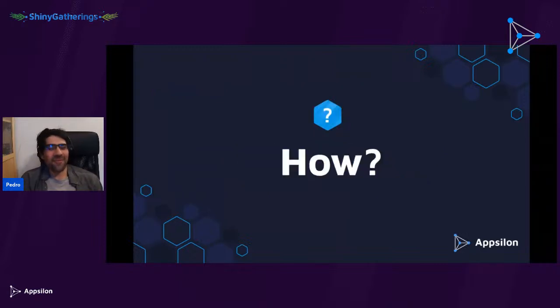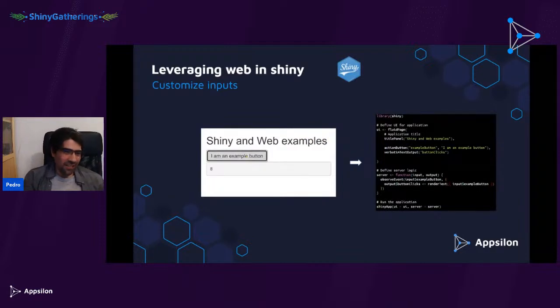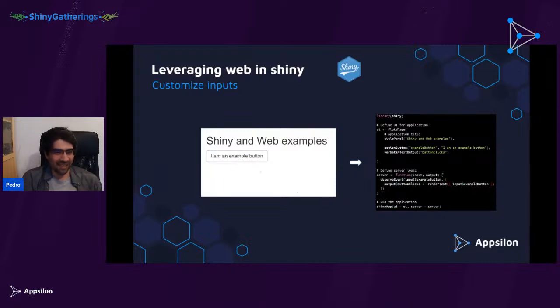Okay, enough selling out these three. How can we actually do this? So let's take a very, very simple example of an application. This is my production-grade ready application, which is a simple button that when you click it, shows you how many times it was clicked. That's it. That's the entire application. You can see the definition here. This is just a pure Shiny application. It has an action button, it has some output, and then it has a server that, whenever something gets clicked, will update this output.